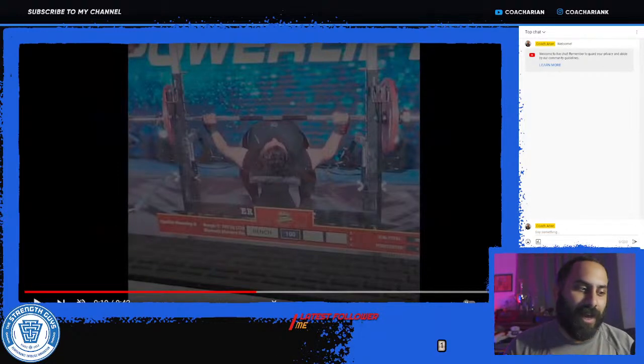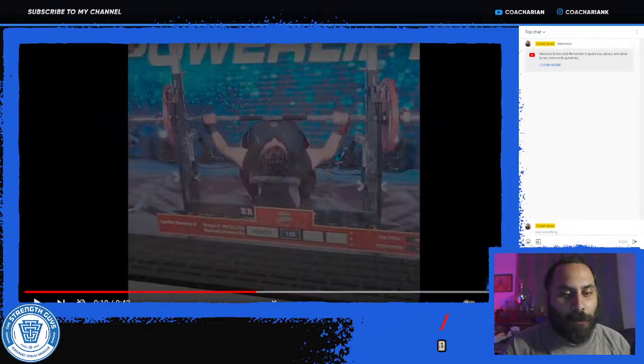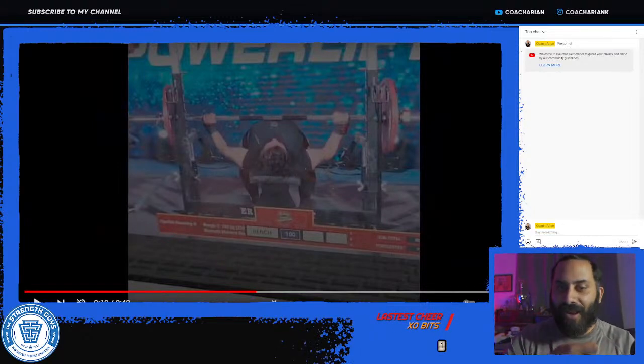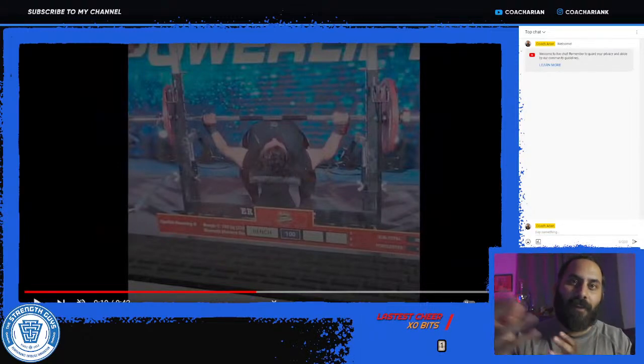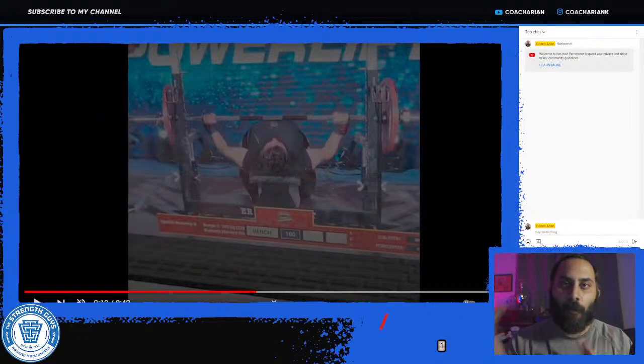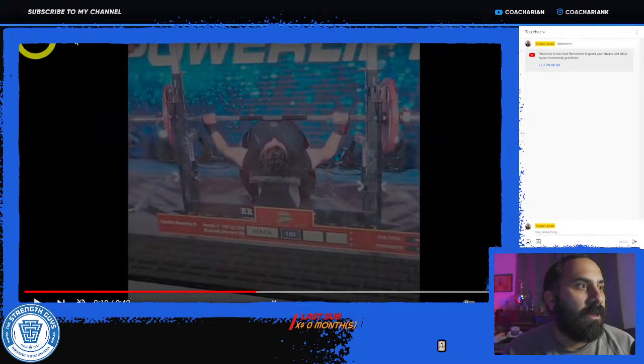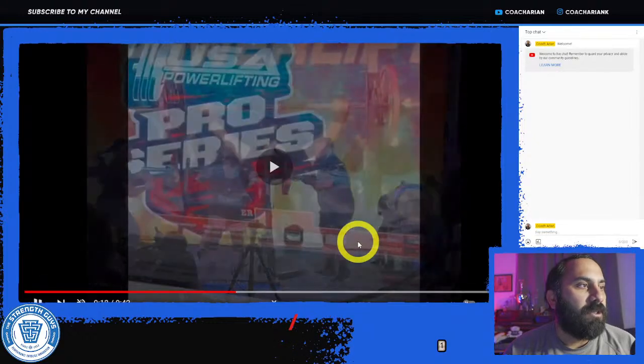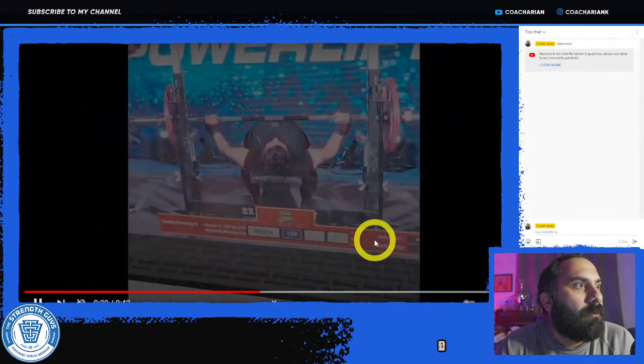It just depends on whether you have access to someone to help you out, or whether you want to set up a band somehow to do it without a person, but then you have to figure out how to set up the band depending on what kind of setup you have, everything like that. Let's take a look at the bench and see if there's anything there.